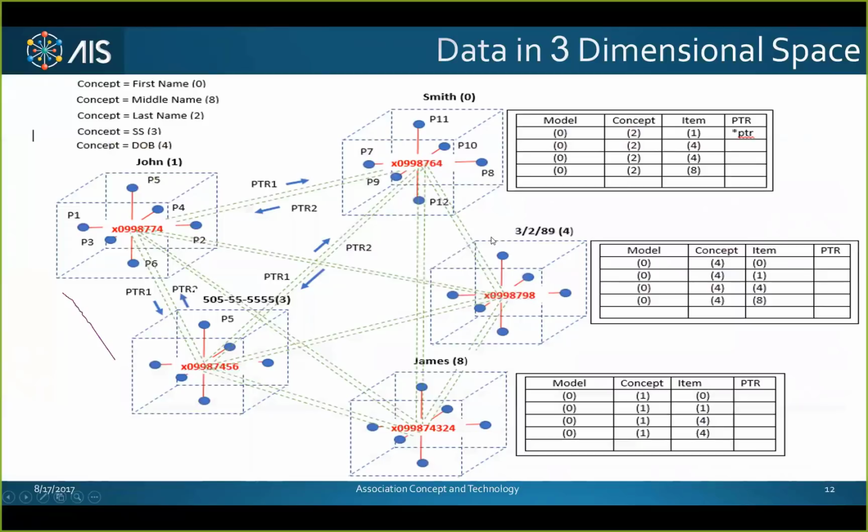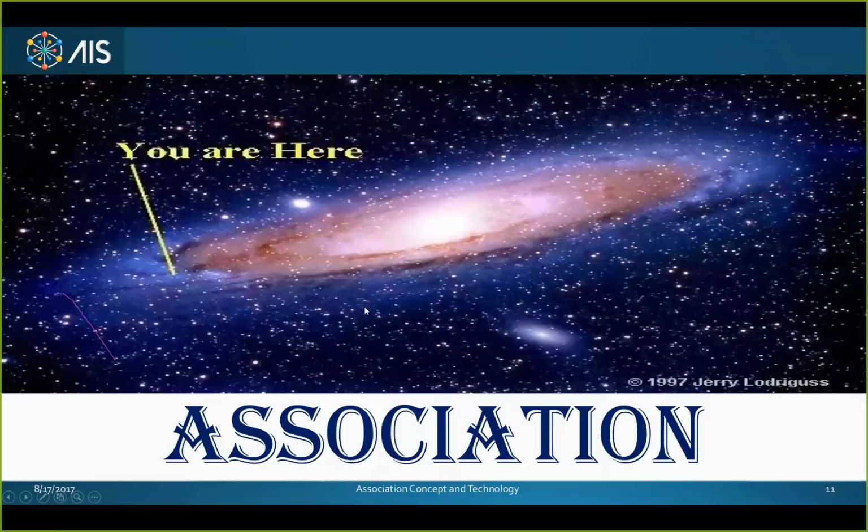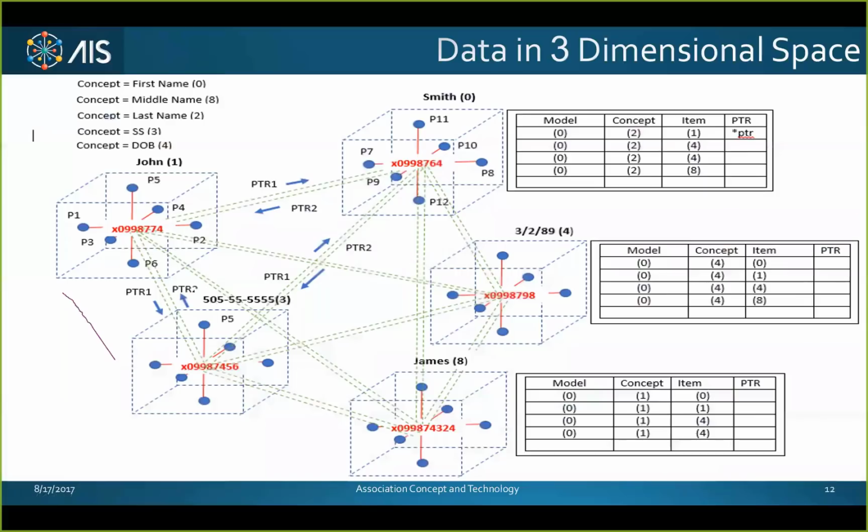It operates this way. John is simply an element in space with an address, and there is an address for him that is defined by the points. The way association works is you simply create one connection to the other bidirectionally, and now we have John Smith. If we want to add a social security number, he's again another association, but you'll notice that the association goes all three ways. Now, if we want to add his middle name, James, we can do that too. If we add his date of birth, we can plug that in too. And we can continue doing this ad infinitum, literally this many times. It's very important to understand that.